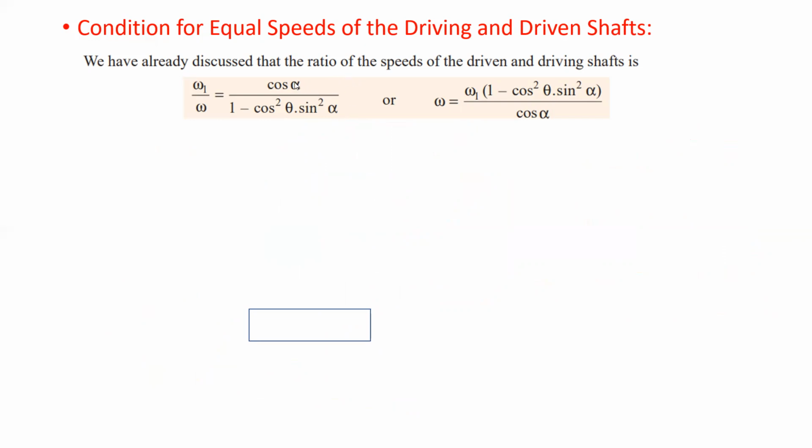Okay. So here omega is written as omega 1 into (1 minus cos square theta into sin square alpha) upon cos alpha. So we have to find out when omega is equal to omega 1. Okay, then what is the value of theta? So this factor should be 1. ये जो पर्टिकुलर फैक्टर है 1 माइनस कॉस स्क्वायर थीटा इंटू साइन स्क्वायर अल्फा अपॉन कॉस अल्फा, सो अगर इसका वैल्यू 1 होता है